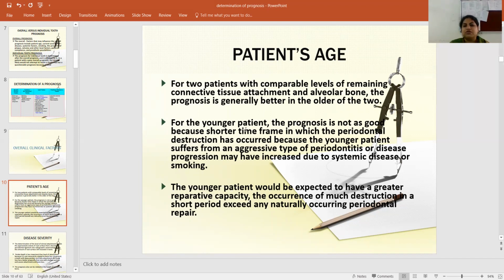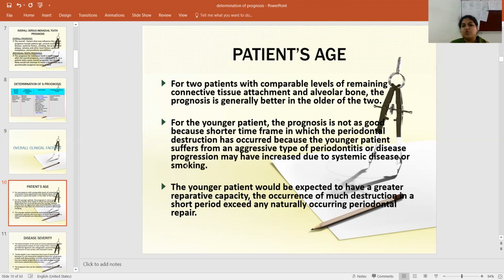As for the younger patient, the prognosis is not as good because of the shorter time frame in which the periodontal destruction has occurred, because the younger patient suffers from an aggressive type of periodontitis, or disease progression may have increased due to systemic disease or smoking. So the reason is explained: the shorter time frame, and there can be causes. The patient has suffered from aggressive periodontal disease, which affects the younger individual,